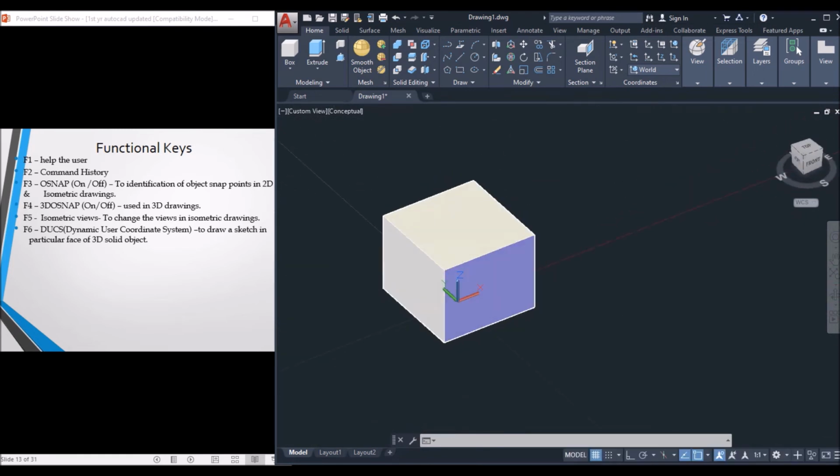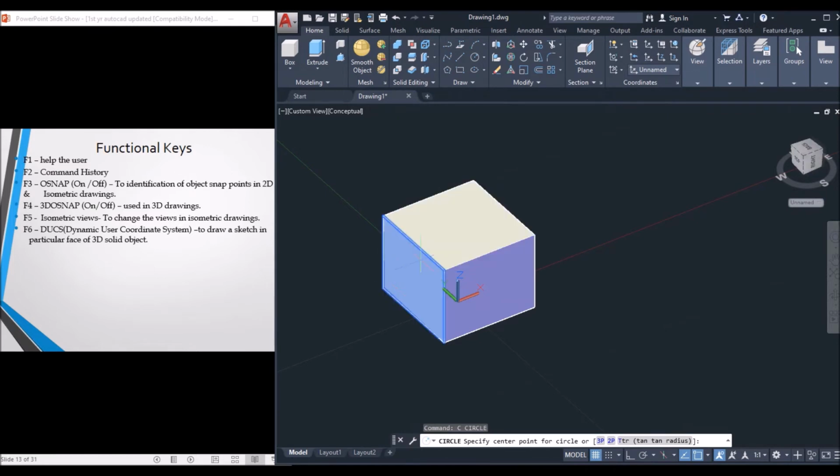Next, now I want to draw a sketch on the top face, this left face. Just take the command as C, enter. While you are moving the cursor over this cube, each face is highlighted. This highlighting can be done by using F6, that is, the DUCS option is on.